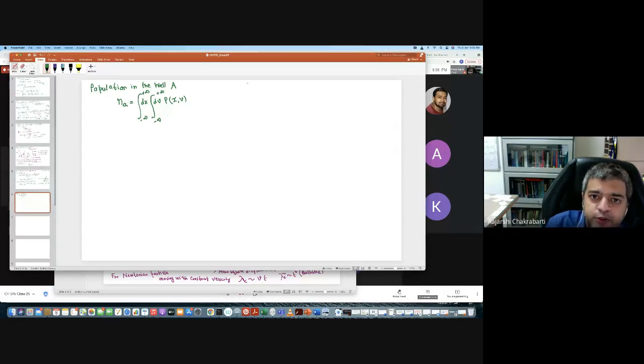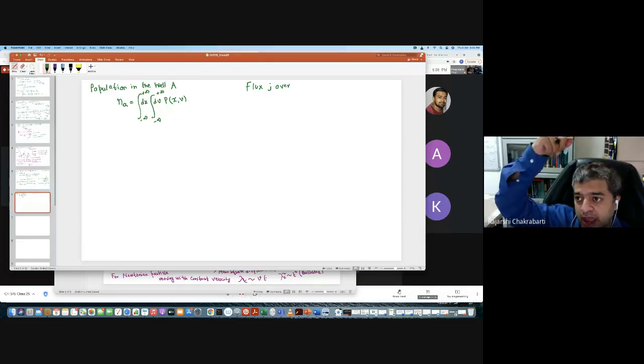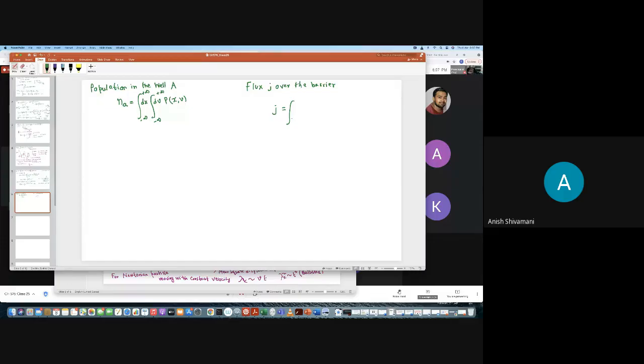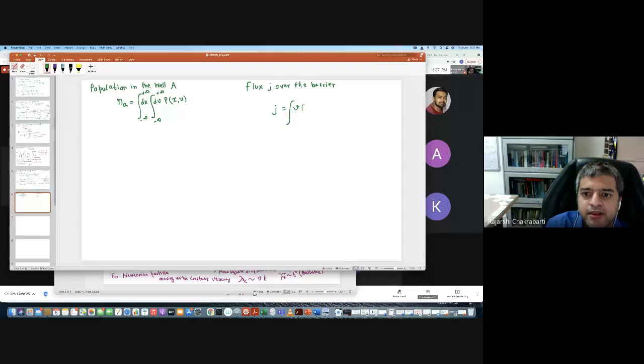Now, another thing we need to calculate is called the flux. Flux J over the barrier. So this is a steady state flux at the barrier top. Can anyone tell me what should be its formula? Actually, rate change of the probability distribution, it is actually nothing but your P times XV, this. This is at the barrier top. Okay, this is your flux at the barrier top, and the steady state